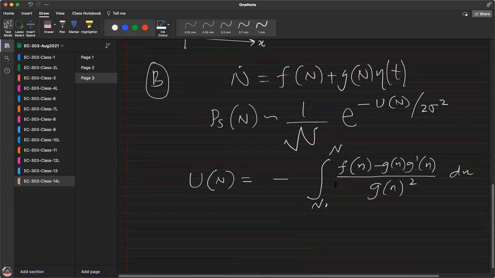How? The effective potential. So basically this is what we call effective potential. What is interesting is that when you have a multiplicative noise, the potential of the system also depends on the multiplicative noise term. So this is the main result I wanted you to be introduced to, and this integration can sometimes be difficult to do. You'll have to rely on Mathematica or such packages, or go back and do it really rigorously.